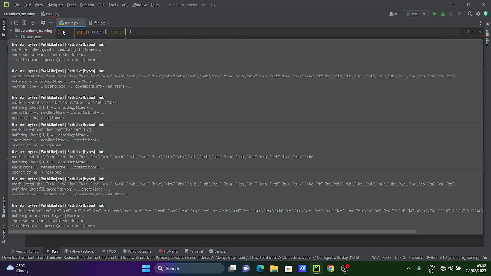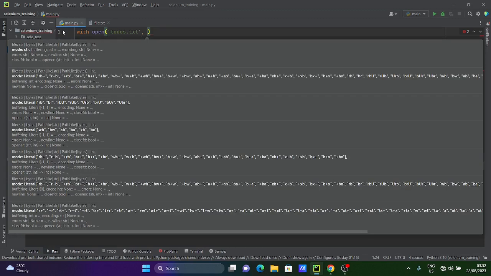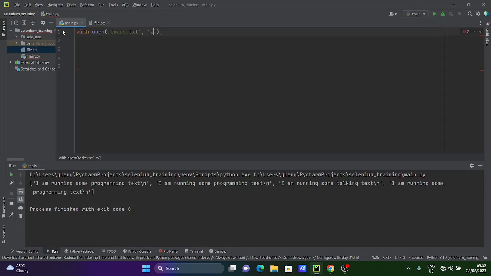Let's name this to-dos.txt. Then right now we want to write into the file, and this asks for the variable we want to save in the file, or the data, right? Let's call it to-dos. Then we'll terminate this with a colon, and on the next line, let's say